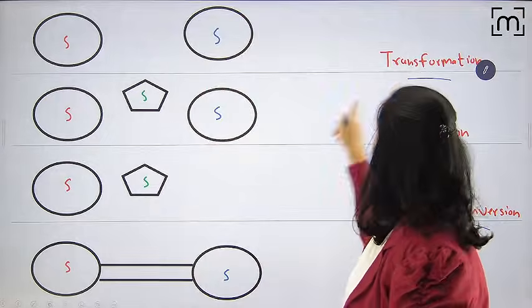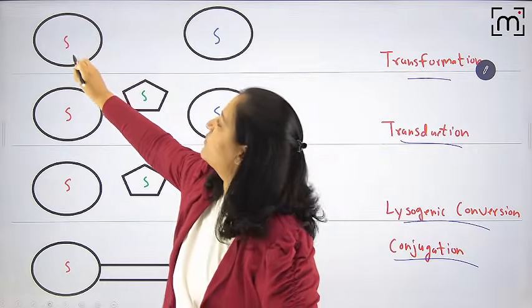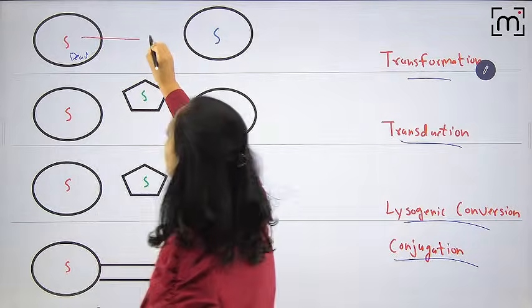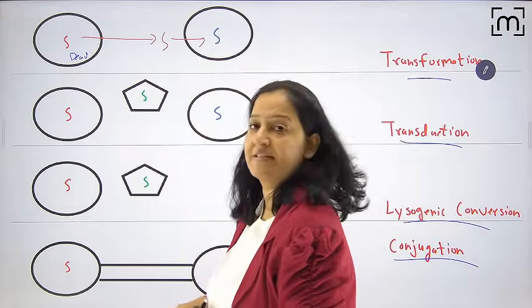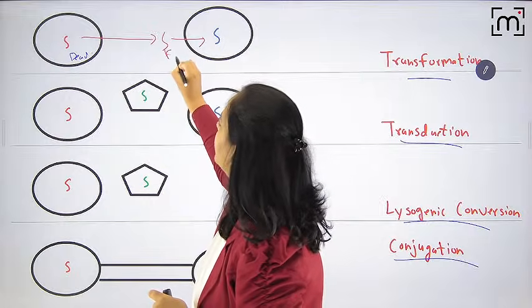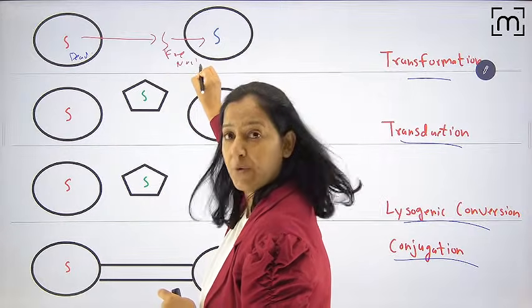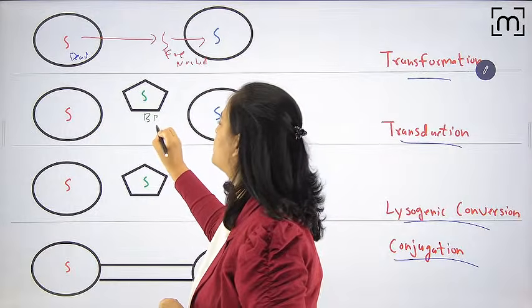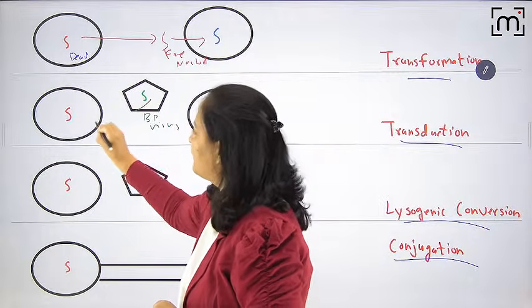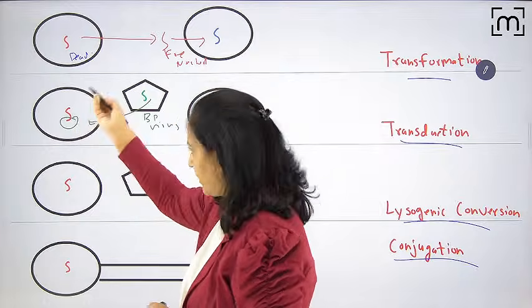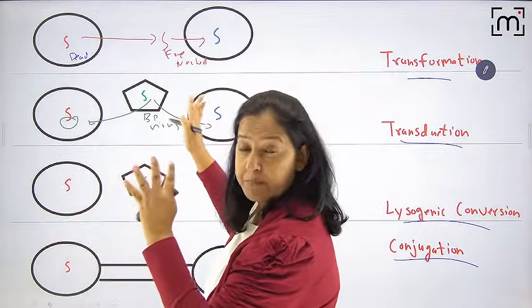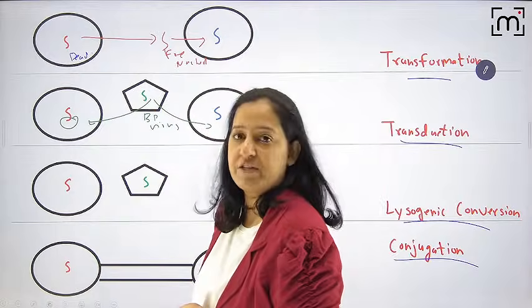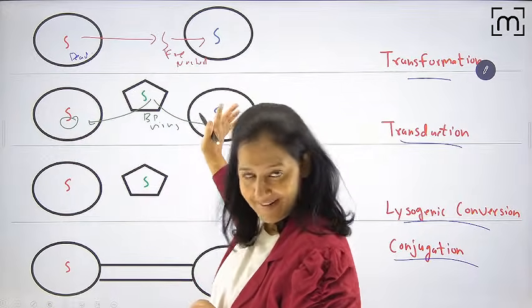Can you revise it? In transformation, there are 2 bacteria. The first one is dead. Once the first one is dead, the DNA leaks out, and after leaking, it enters the second. So it is free DNA or naked DNA. No agency is required. In transduction, there is an agency. The name of the agency is bacteriophage, also known as virus. First it enters the first bacteria, steals a portion, and whatever is stolen, it gives to the second. Pick and drop, like Swiggy, Zomato, Porter, all the services. Transfer between bacteria 1 and bacteria 2.